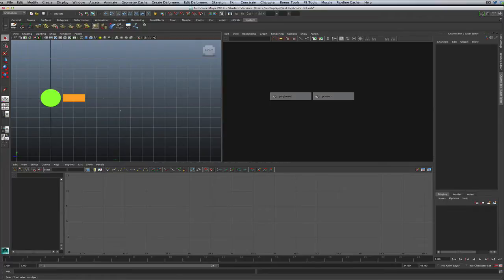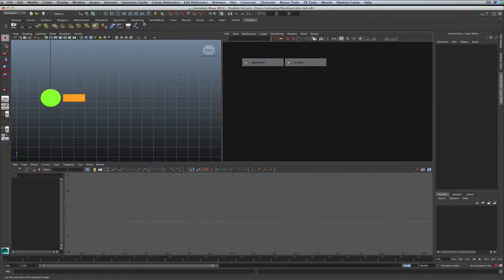So here you go. I have a 3 window setup up here. I kind of like this, especially when you're setting something up. We got a right orthogonal viewport over here. This is the hypergraph. If you're not familiar with it, it's great. It's as useful or more useful than the outliner. It's very visual, gives you the ability to look at nodes and what's connected to them. In our case, we're just using it for constructing our hierarchy. Down here is the graph editor.